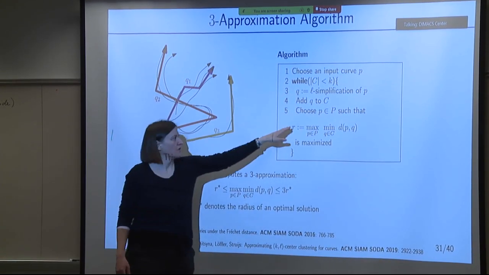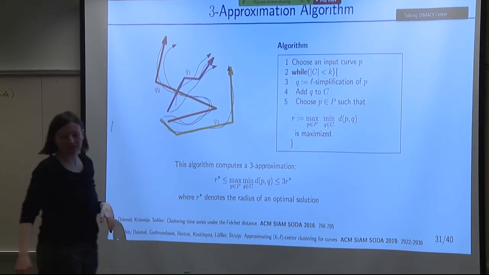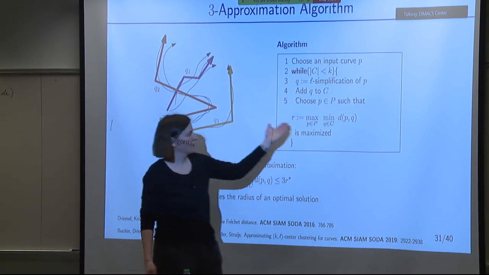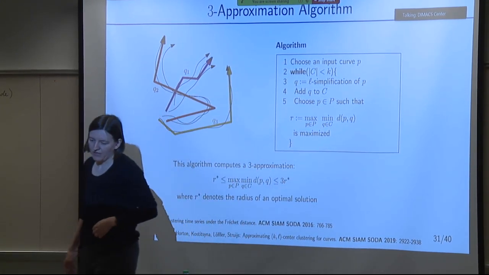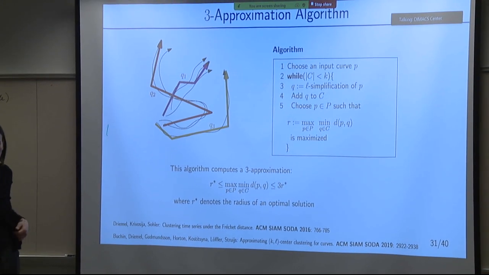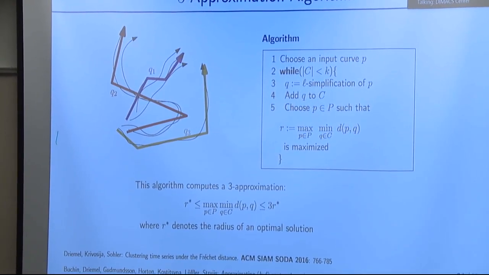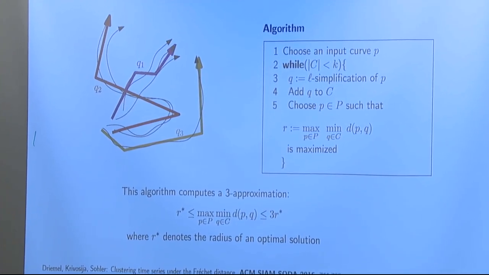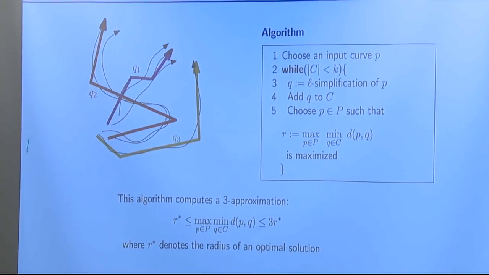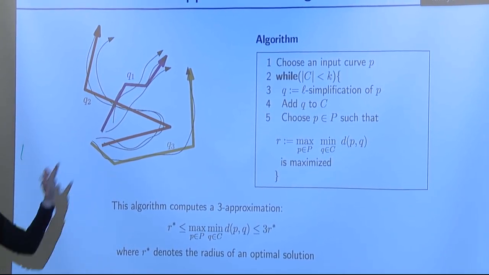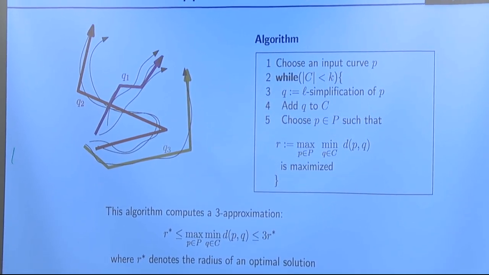Then I collect them in this set C, and at every point I see where my radius is maximized, what's the input curve that maximizes the k-center objective, and then I take that curve and simplify it and then add it to my set of centers. So this computes a 3 approximation for k equals 1. It's easy to see by triangle inequality because my simplification, so if there is a center,